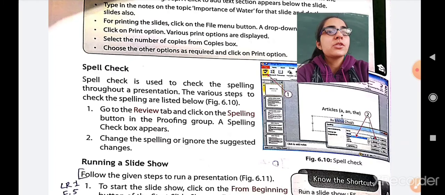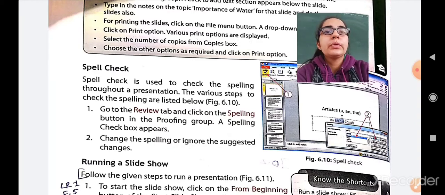The next topic is spell check. Spell check is used to check the spelling throughout a presentation. In the entire presentation, if you have made any spelling mistake, then you can check it using this spell check option. The various steps to check the spelling are listed below.